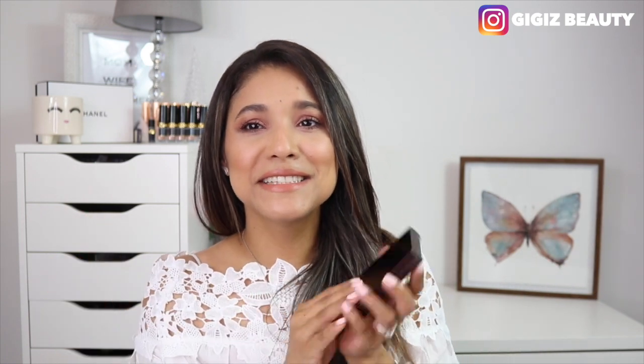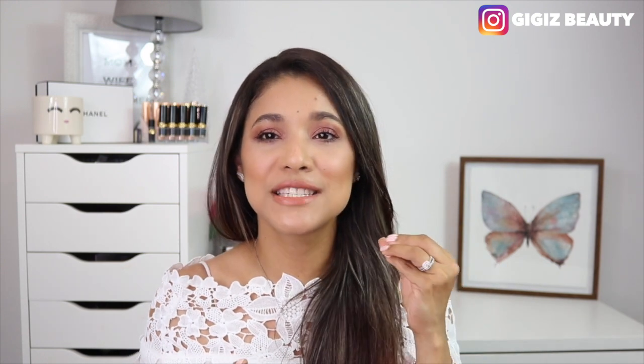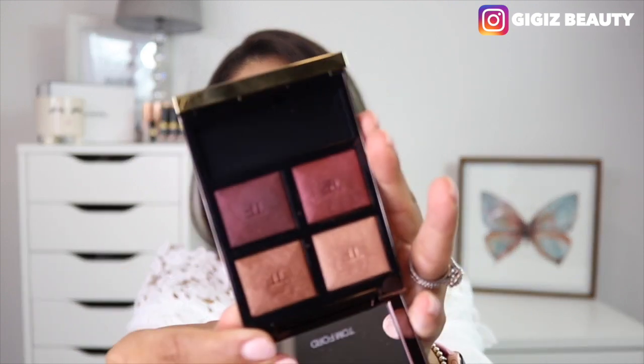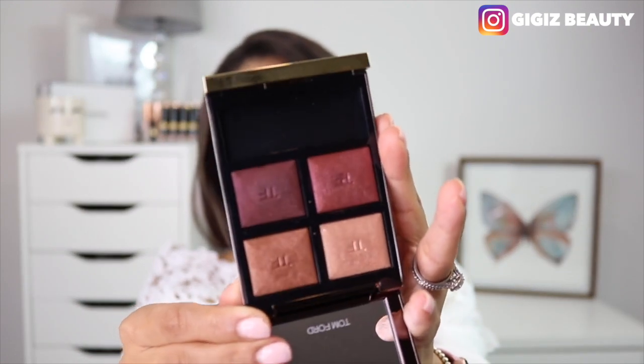I really like working with this quad. I am a little bit shooken of how nice, my god, this is such a nice palette. It's so easy. All the shades were just butter. They just blended. They had a ton of pigment. They all do have a little bit of a sheen to them, so you don't really get a truly matte color within this quad. But I didn't really feel like I needed a matte,